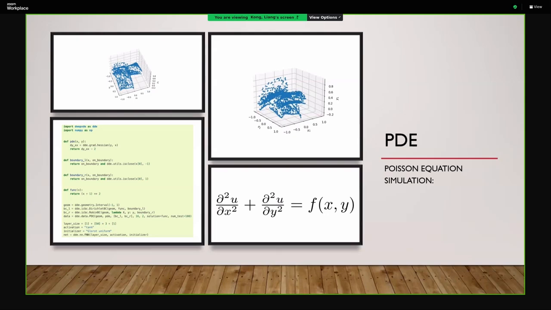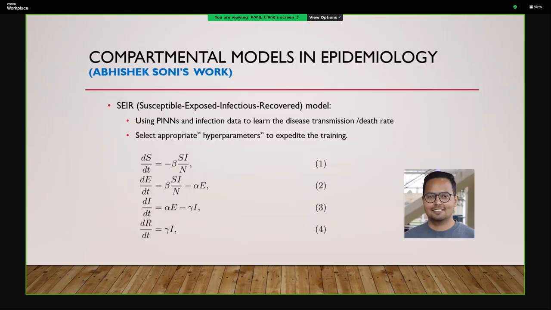Anthony also worked on some PDE, partial differential equation. And the PDE is far harder to train compared to ODE. And he used the Poisson equation. The Poisson equation has some application in biology, even some mechanical engineering. He used a package called DeepXDE to do the estimation of the solution. I'm not going to detail this. And basically, he tweaked some hyperparameters